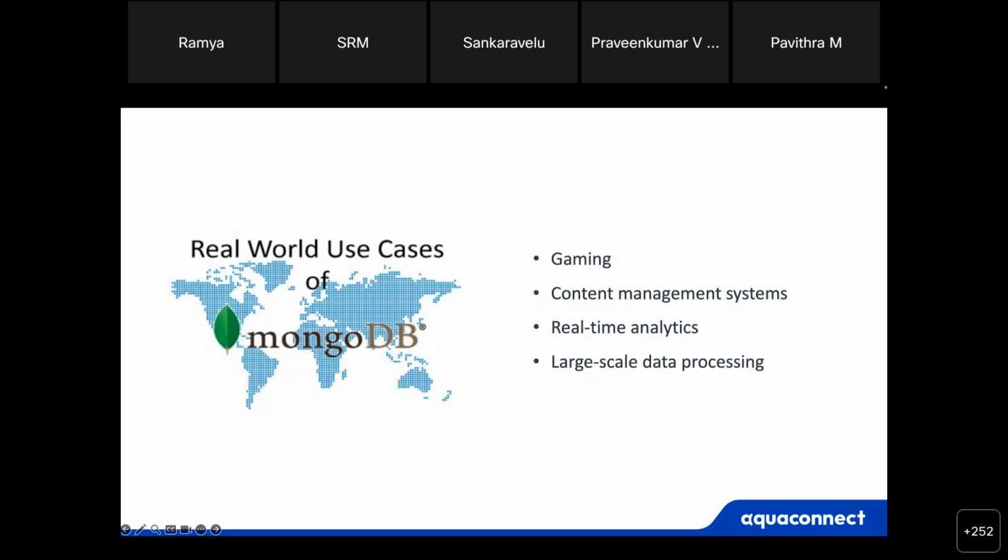If you see MongoDB, you can use it as a main database, as a caching DB, and as a real-time database also, because they are giving Realm services. Realm means you can sync the data between devices. If you are developing mobile applications, they have a Realm service. Realm service is used to sync data between the devices. Okay,